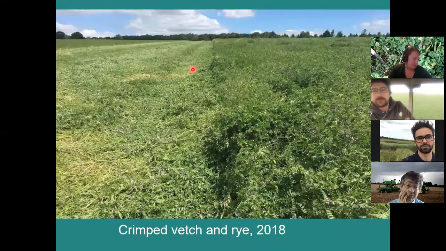Brilliant. Okay, thanks so much, James. I'm aware we're trying to cover a lot of ground, excuse the pun here. So we've had a few questions come through, and quite a few came through beforehand, around destruction of cover crops, and how we try and limit the kind of losses that we might see in terms of carbon or nitrogen. So you've talked a bit about the crimper, James. What else have you worked with, Nathan, in terms of the most sensible way and timing of destroying cover crops?